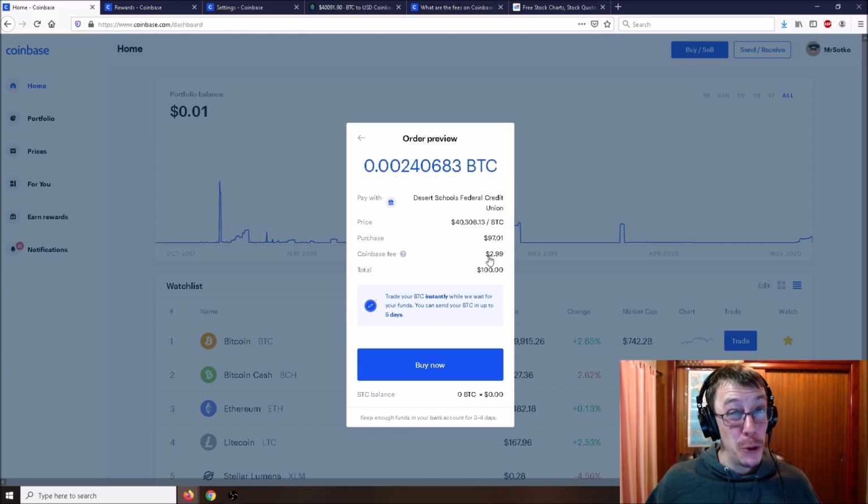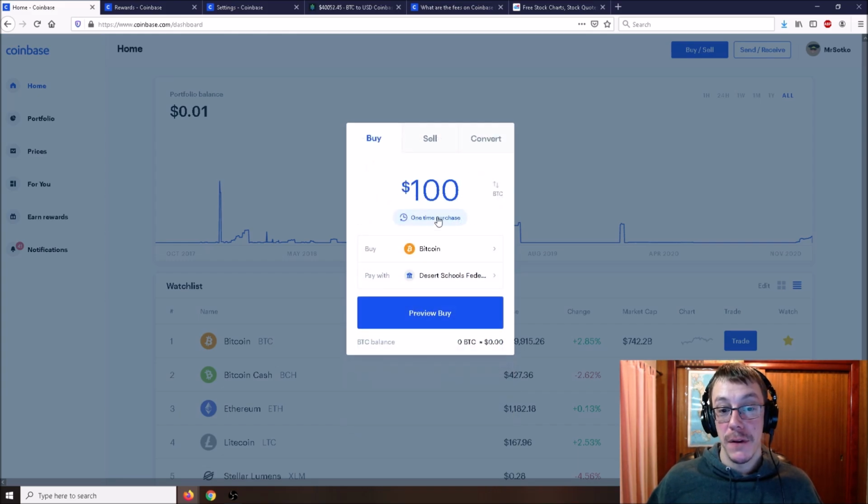Now, that's not too bad, particularly if Bitcoin goes up in price. But again, when you want to sell that $100 in Bitcoin, if it went up in price and you're like, well, I'm in profit now, I would like to sell it, and then rebuy and sell and try to trade on Coinbase, you can see you're going to get hit by a $3 fee every time. And if you try to buy more, it's going to be an even bigger fee. And I do recommend putting $100 on Coinbase to start trading, because if you can put $100 on Coinbase and then put it on their exchange, which I'll show you in just a moment,